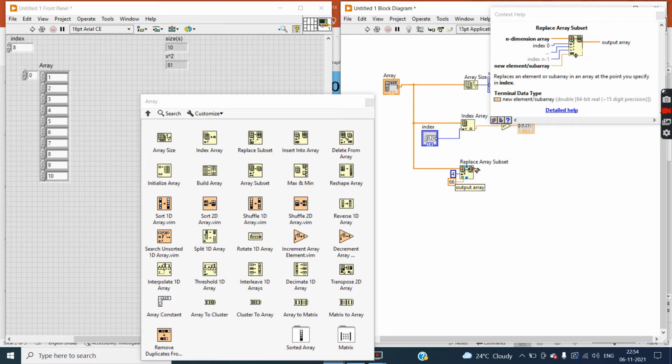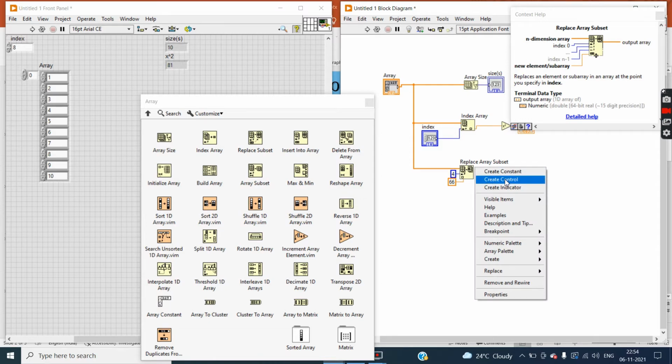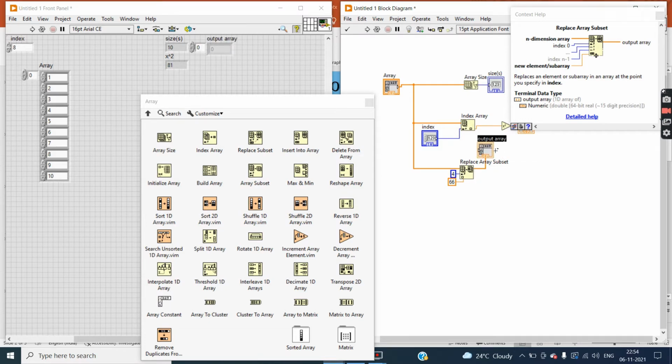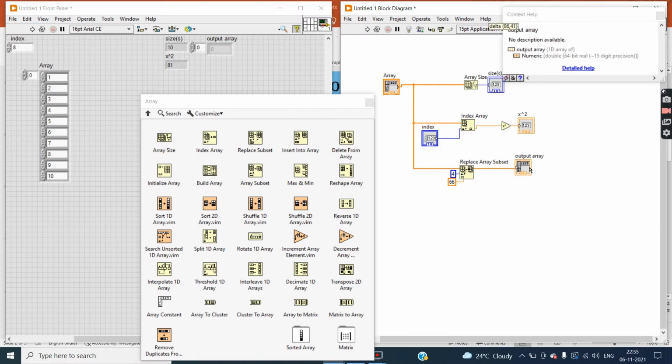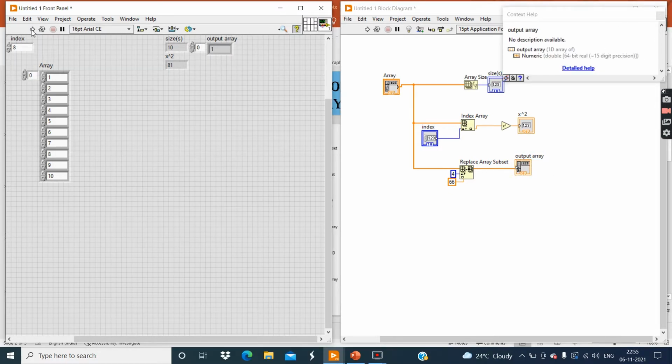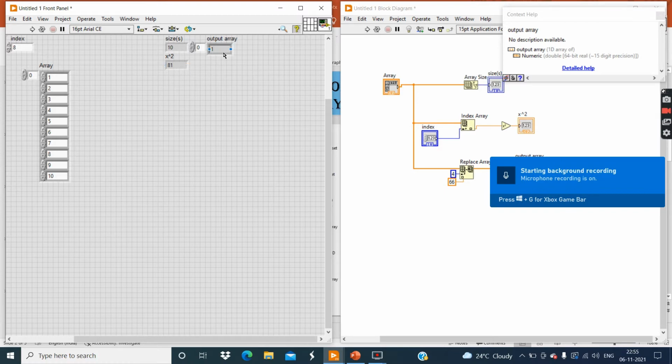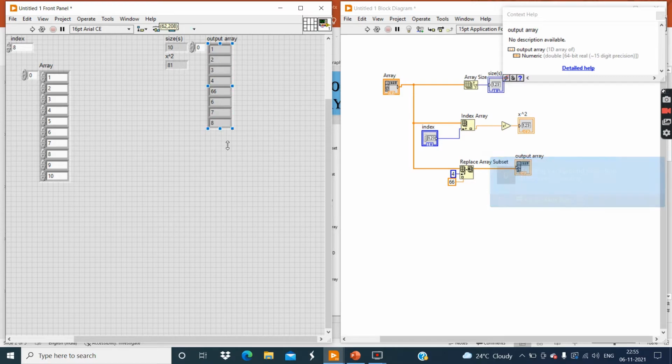Then create an indicator, change the position of this indicator, and click on the run button. Now you can see the output. Increase the elements, and you can see the fourth element position.